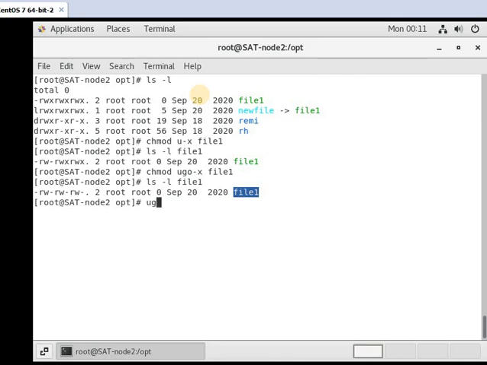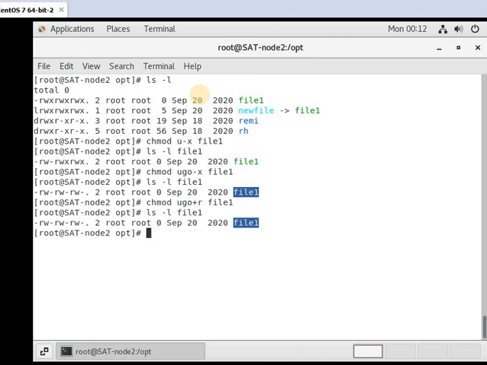If you want to add only read permissions to file1, then you see, then again give the full permission.